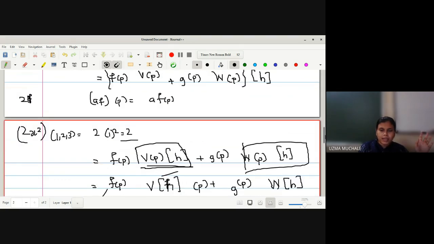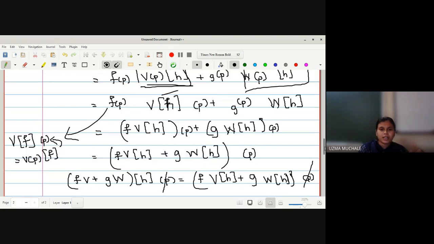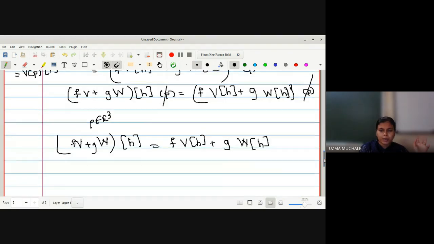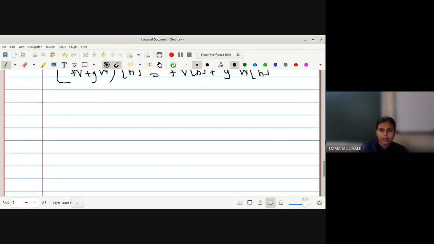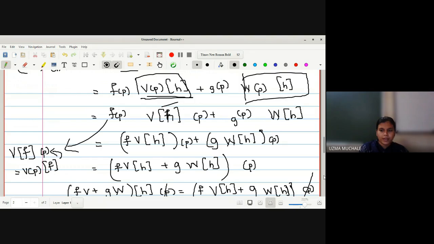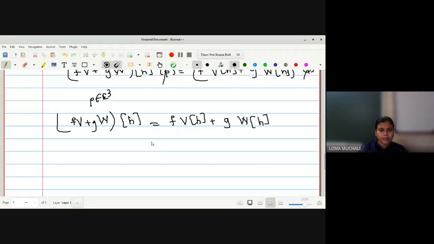And then again you have to use the definition in a reverse way. Here I have written the reason for this one. You have to use the definition of a directional derivative function on a vector field in a reverse way, and you will get the result. You have to just take the point P outside as common, and write the reason in the next step that as P is an arbitrary point in the E3 space, we can write the result is true for every P. Okay, should I go for the next one, the second property?